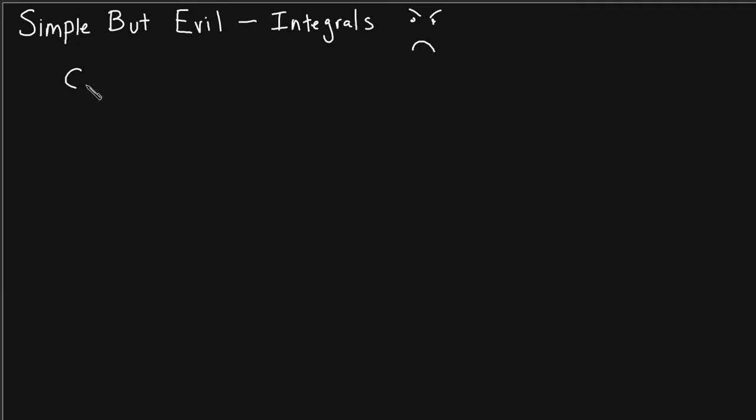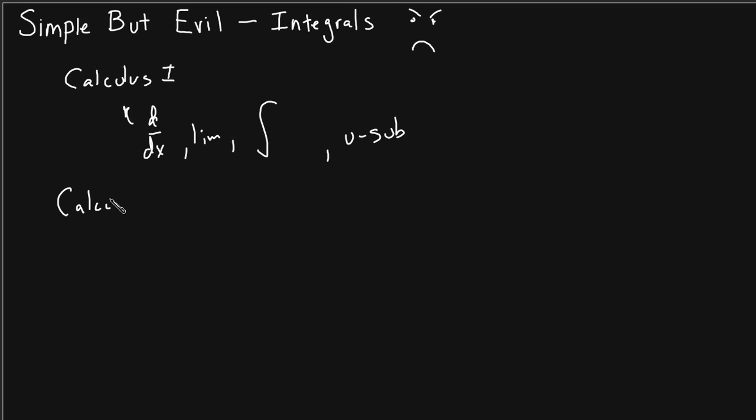system, we have a course that's typically called Calculus 1 in college, and in this one we talk about derivatives, we talk about an introduction to limits, and then we also do your basic integrals. These are your antiderivatives in effect, integrals that you can just read off if you knew what the derivative was. If you differentiated the integral, you should get back the integrand. And then we do a little bit of u substitution in the Calculus 1 course, but then in the Calculus 2 course is really where integration takes off, right?